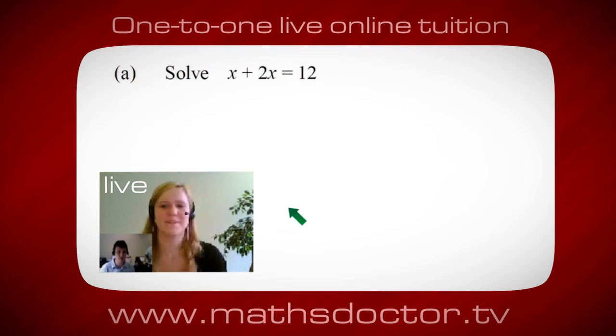So let's have a look at this one. So solve x plus 2x equals 12. So what do you think you do first? Okay, well, I want x on its own, so I would put x